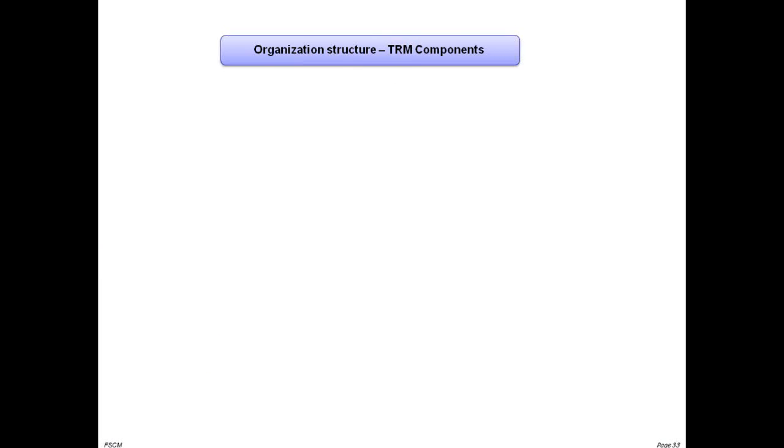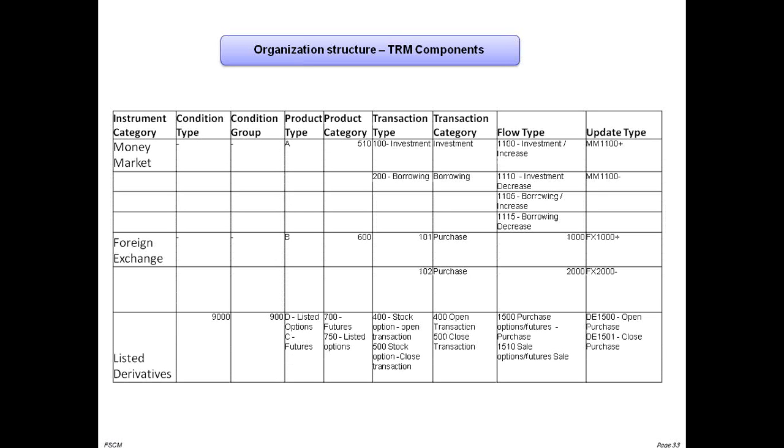Okay, let me go a bit deeper, because I'll try to give a bit more information, not too deep but at a high level, one by one. What is organization structure? This means that to maintain an effective organization structure, you should have an idea of each element with respect to instrument category, whether it is money market, foreign exchange, derivatives or securities. You should have an idea of the condition types and condition groups, whether standard or system defined,